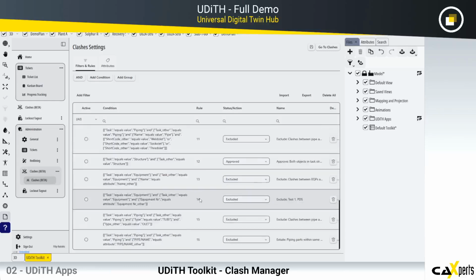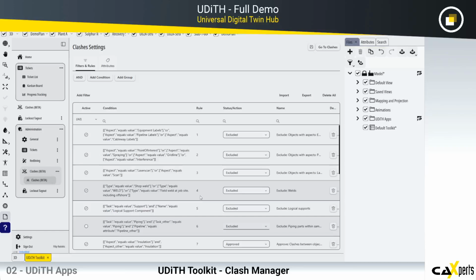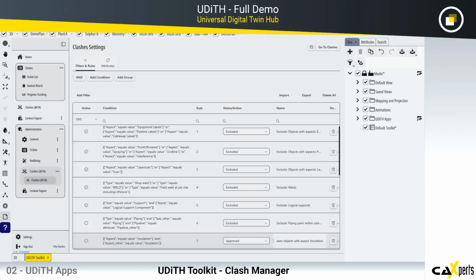That way you can minimize false positives by saying, okay, I want to completely exclude them, so they will not be part of my result list at all. Or I can automatically approve them, which will make them part of my list, but directly marked as approved and technically not really relevant,